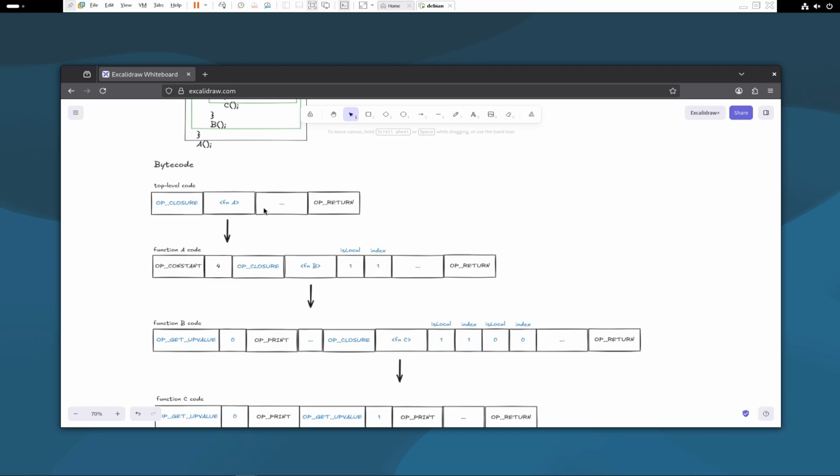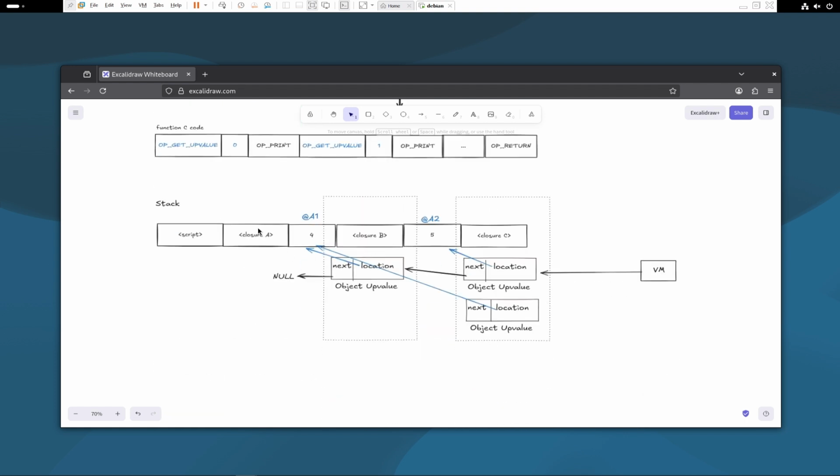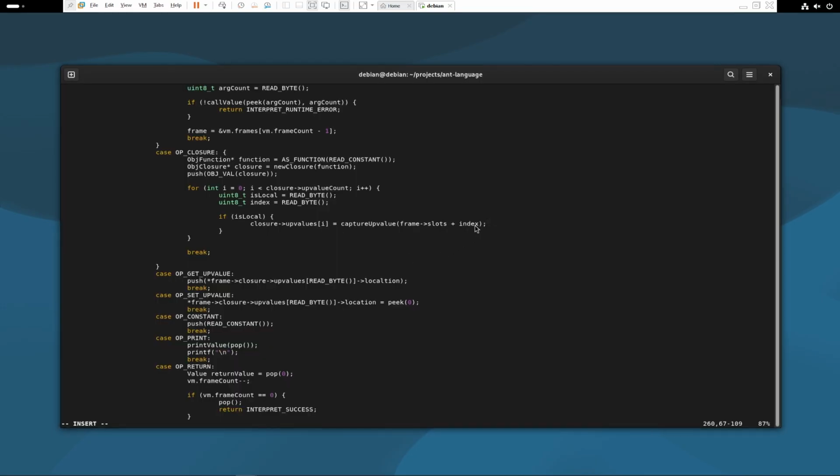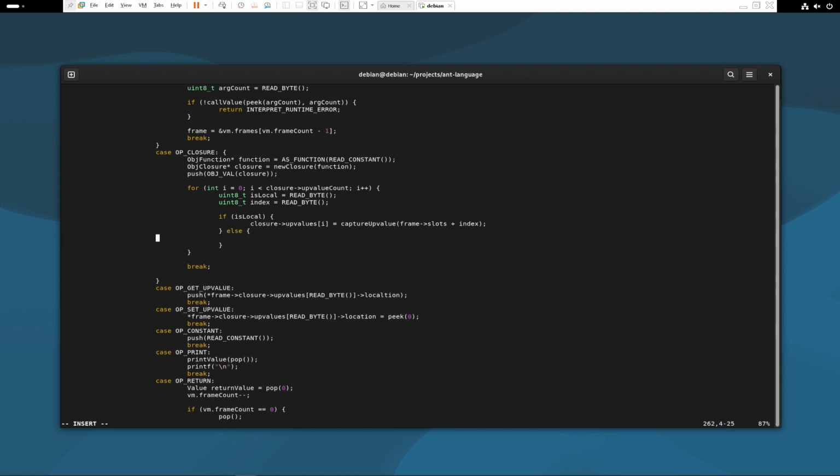So we have the function, and in the stack you will see that this is the frame, and plus 1 means that's the first local variable. If we have plus 2, that means the second local variable. So I will capture that, and this function will return an object upvalue, and I will give it the index of that upvalue. So otherwise, what it means is that I need to